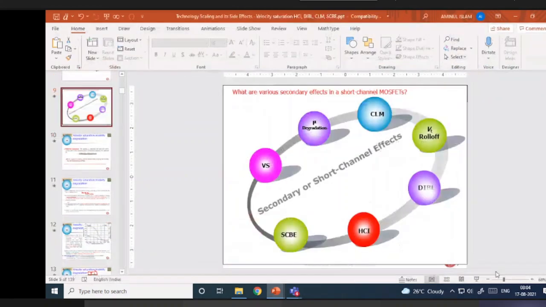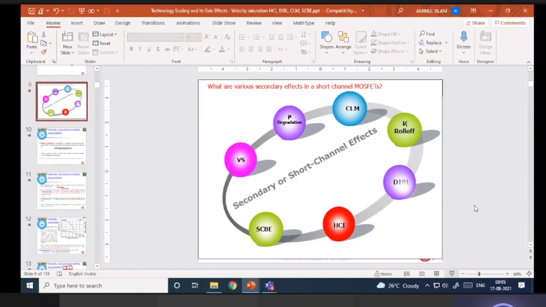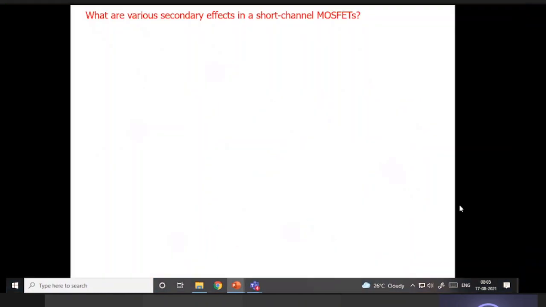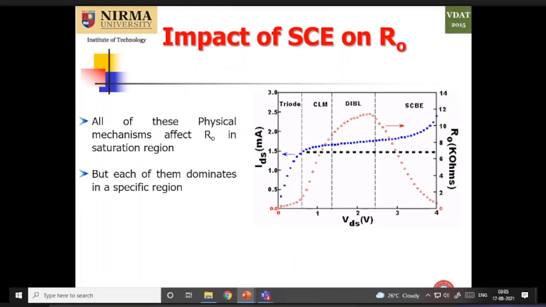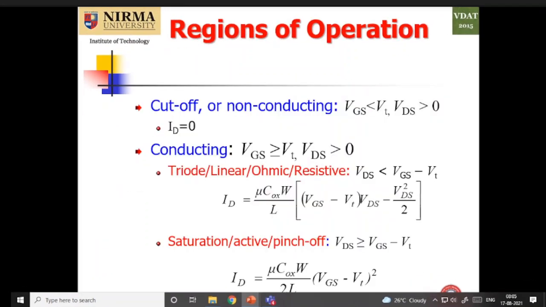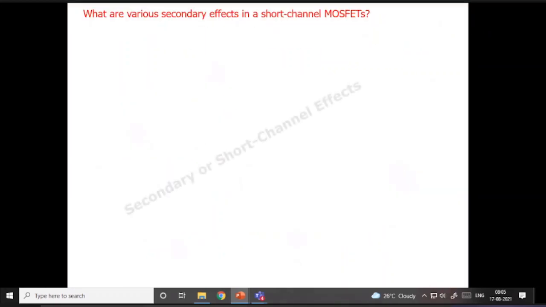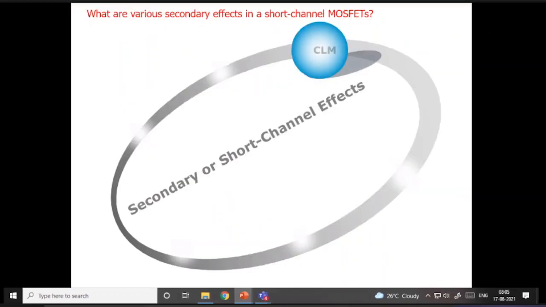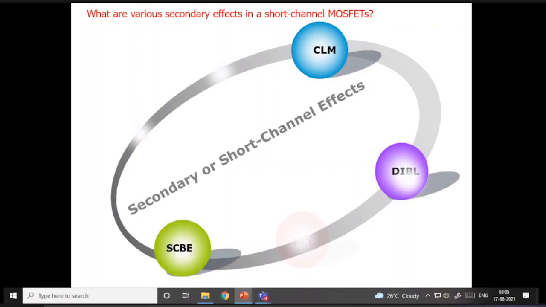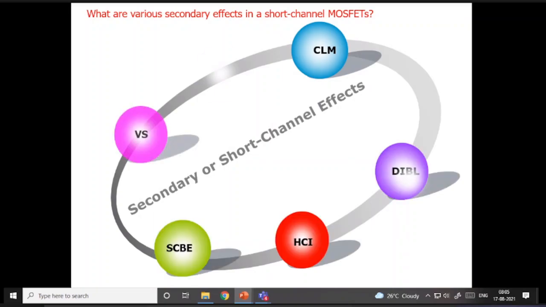Velocity saturation is one of the short channel effects. Other short channel effects are also shown here. These all are short channel effects or secondary effects of MOSFET,